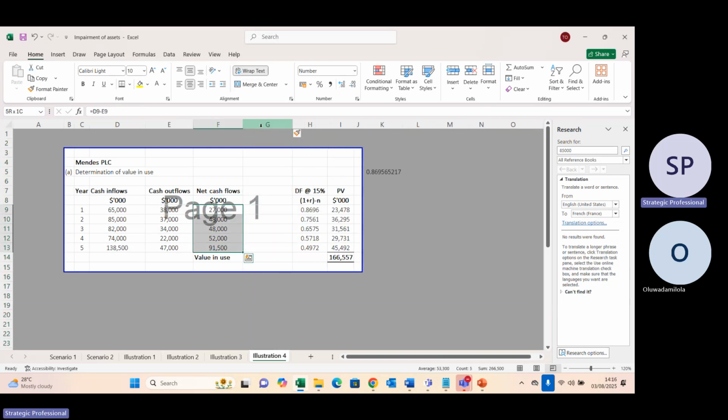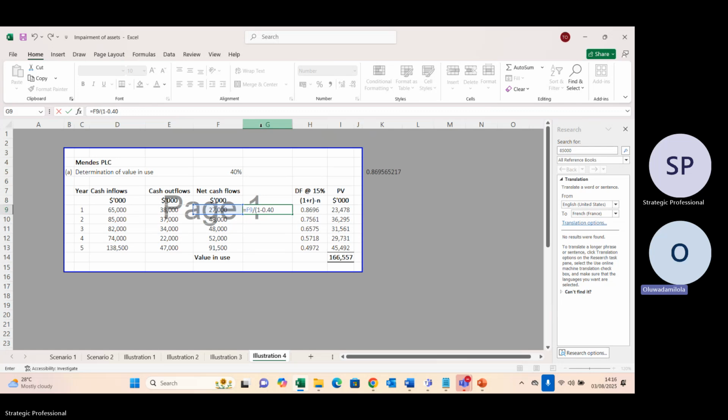So the examiner will only do you one favor. They will give you the tax rate. Let's say the tax rate is 40%. Are you with me? What you do is you will just say the pre-tax value. The formula is the post-tax cash flow divided by 1 minus T. Yes, we do 1 minus T. So it is the post-tax cash flow divided by 1 minus the tax rate. That's it.